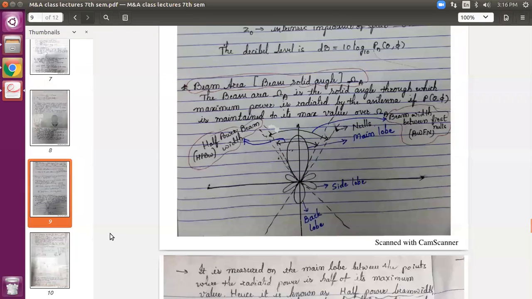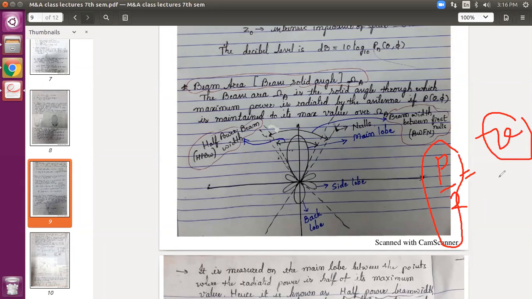The general tendency is that half of the maximum value means, assume you have P as your maximum value, half of the maximum value means generally 50%, P by 2, you take it, right? But when the power hits half, what is the voltage value? That is very important. You might have studied this in your filter concepts, in amplifiers, low pass, high pass, band pass filters.